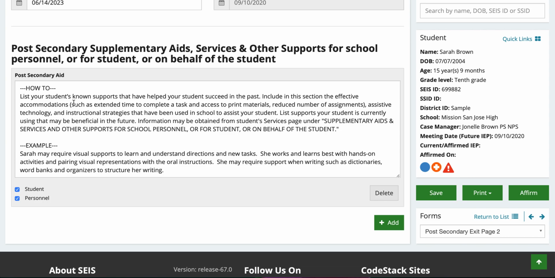But essentially the post-secondary programs will look at this, and maybe the community college may not be able to give every accommodation that was provided in high school, but would be able to give information or give other supports that may be similar or comparable to what the student was receiving. All right, so if you can fill this out, it'll definitely help the student when they meet with whatever their